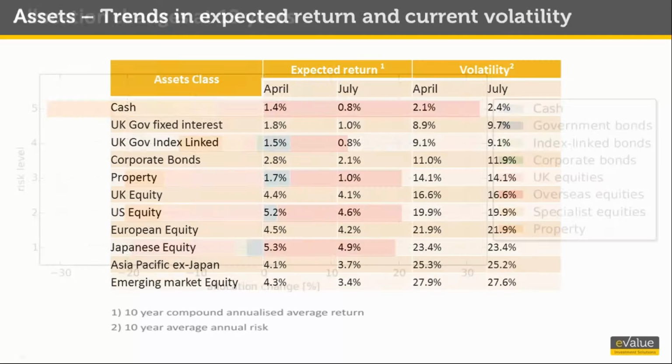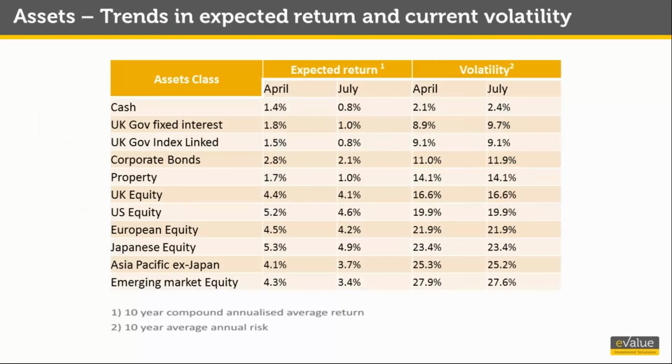We'll round up this webinar now with a brief look at the quarter-to-date performance. As we have noted earlier, there's a marked decrease in returns, but an increase in risk for fixed income type assets, so cash and all the other fixed income type assets. Equities have also shown a drop in return, but for a smaller risk penalty.